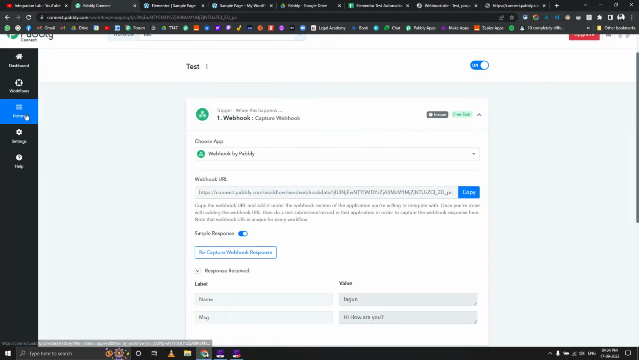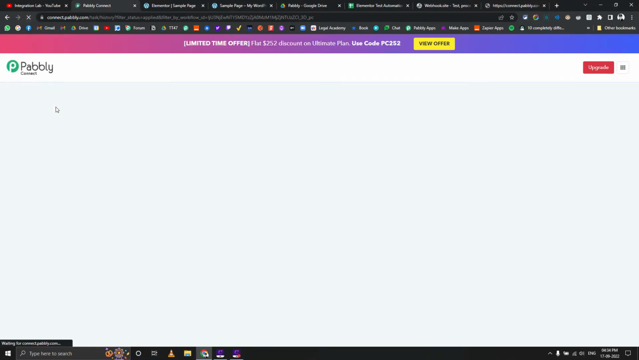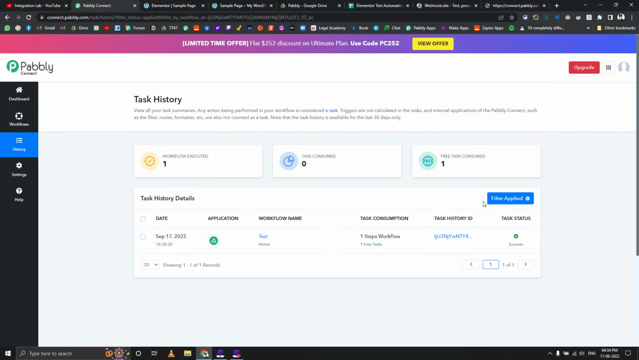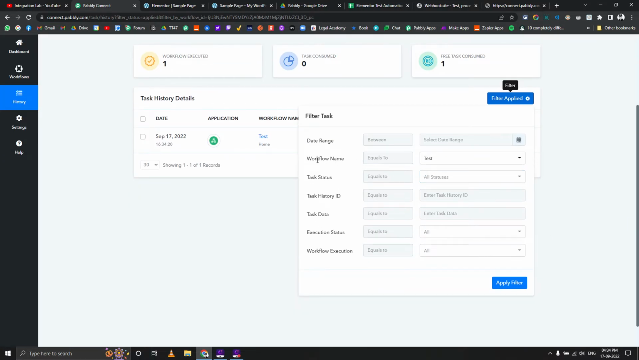Also, I want to show you the history part. For example, we just submitted this data, right? So I am just going to change the name, instead of Fagun, to John, and let's refresh the history. You can see that when I click on history from the workflow page, it automatically applied a filter. What filter did it apply exactly? It applied the filter of